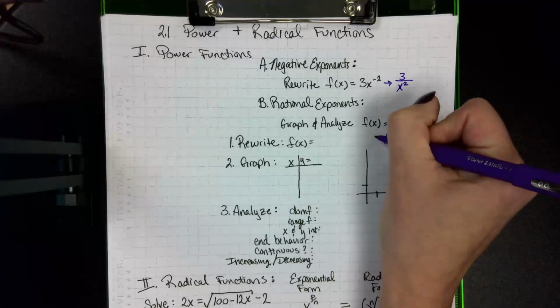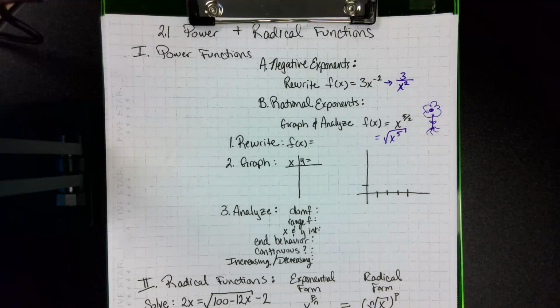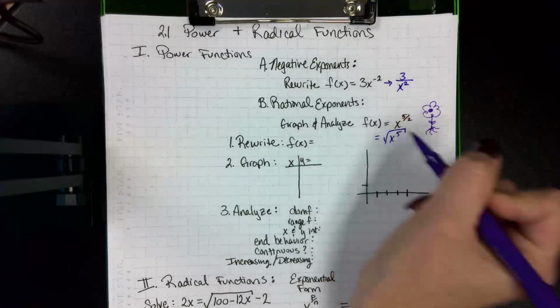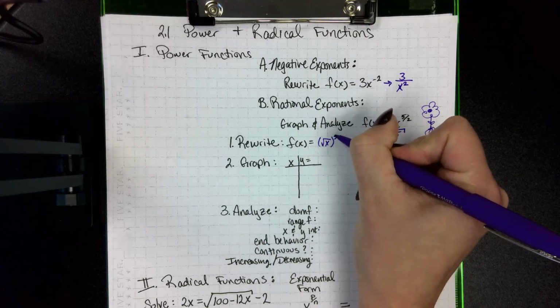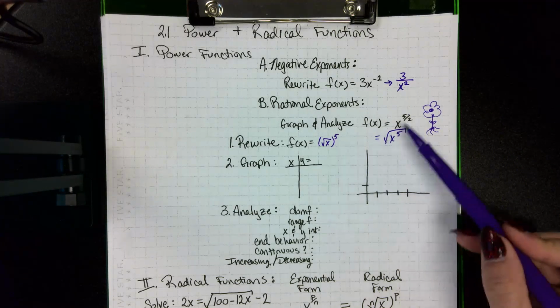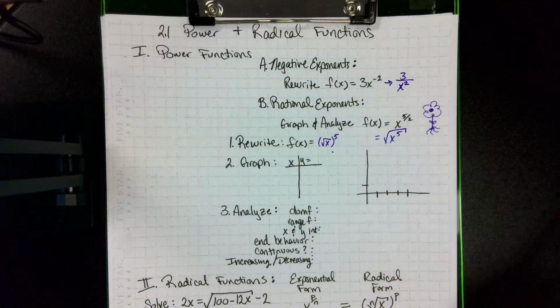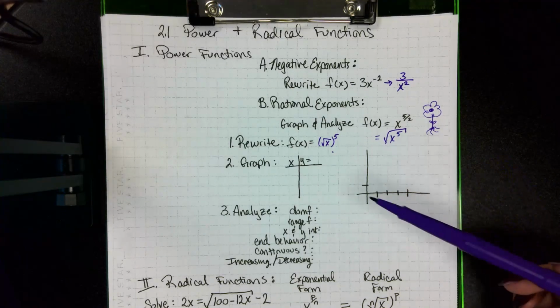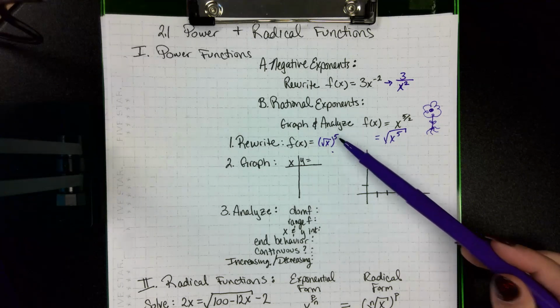Or I could also take the power and put it on the outside, like parentheses square root x, and then raise it to the 5th power afterwards. So all 3 of these are equal. They're all the same thing, just written different ways. I chose to use the square root of x and then raise it to the 5th power afterwards,